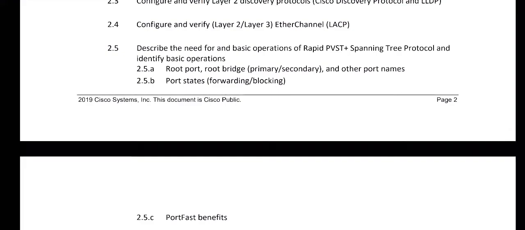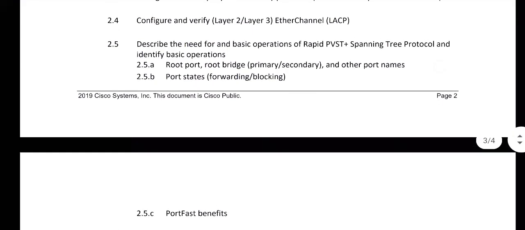if there are loops, all right, we need to have redundant networks, and sometimes we connect the devices together. From a computer we connect a switch, and from the switch we connect another switch, and then if it's connecting to a third switch, and all of them are connected together, whenever a frame is sent and there's a broadcast, what happens is a broadcast storm, and that creates instability of the network, of the MAC address table, and the network could go down. That's why we have